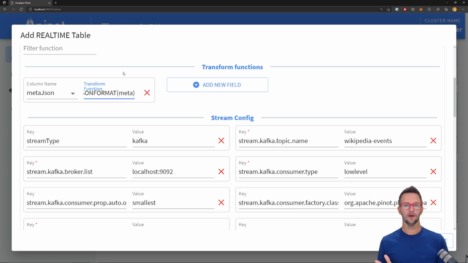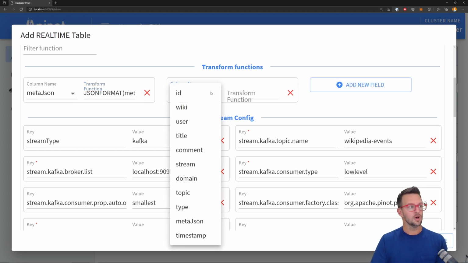So in our JSON that we get from Wikipedia, there's a property called meta, and that's what I'm referencing here. And that's just a nested list of more properties like the ID and a couple other things like stream, domain, and topic that we're going to pull out of there. So we need to add this JSON to a column in our table in order to use some of these other